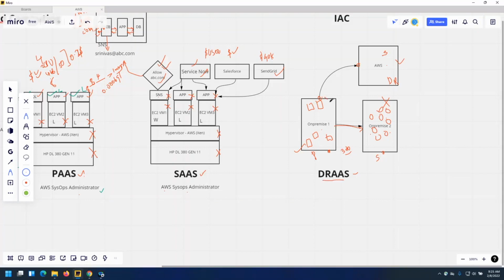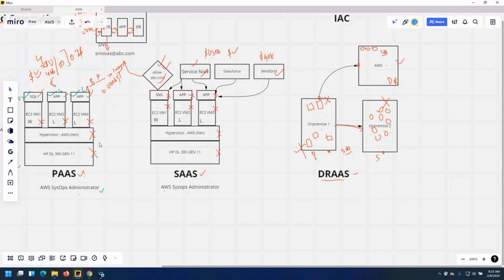In case this completely goes wrong, you have all the data in AWS. You can spin up a machine in AWS itself by taking some time, in the event the primary is completely vanished from the picture. Make sense? That is your disaster recovery as a service.